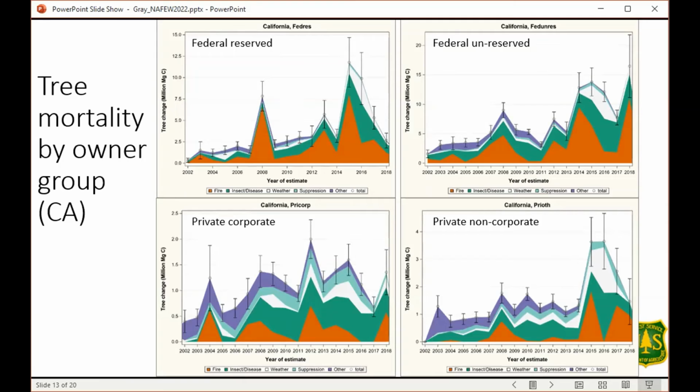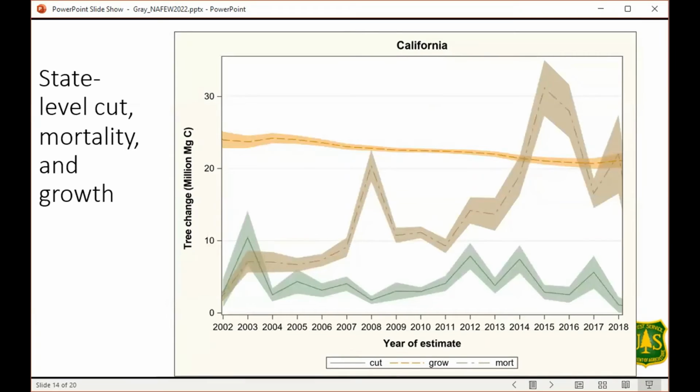And then the private non-corporate in California tends to be on the valley margins, the lower elevations, and they were much greater affected by the drought, seen here in the white, that happened in 2015 and 2016. So now if we bring in the cutting as well as the mortality and look at growth,